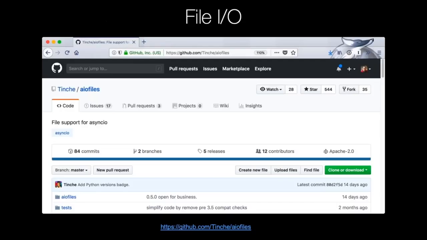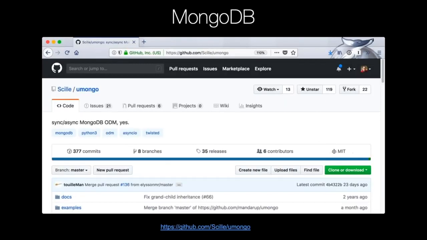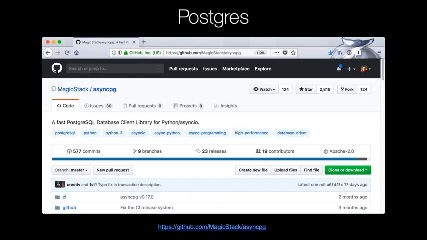So real quickly, if you're going to do file IO, you can use aiofiles, right? And so this is like an async with open. MongoDB, this is a really cool library called MicroMongo. And it does both synchronous and asynchronous MongoDB calls. It also has built-in mocking support and other things like that. It can also run on top of Motor, which is built on Tornado, and there's all sorts of, like, Twisted rather. There's all sorts of interesting stuff happening.